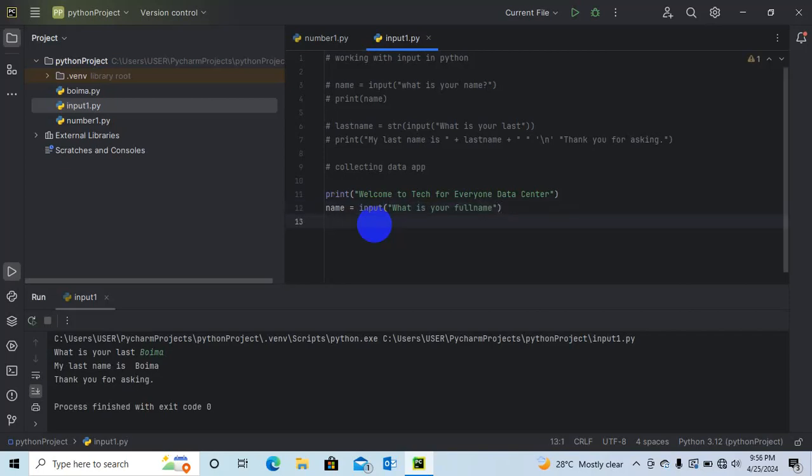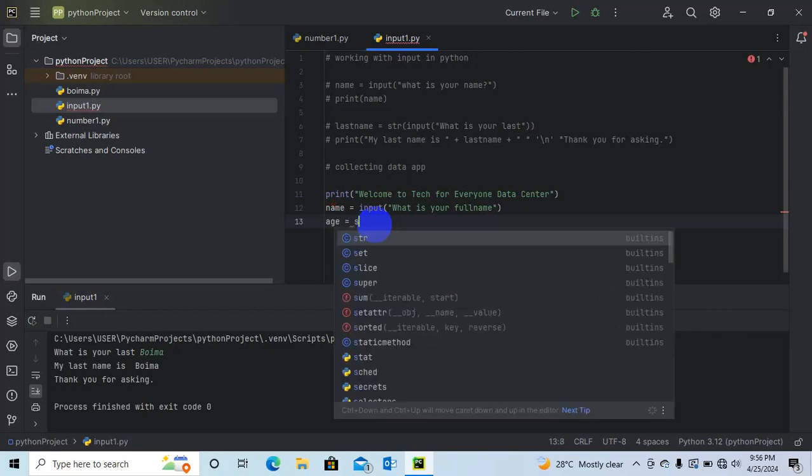Then we'll also ask the question, how old are you? So we'll say age is equal to. Now, before we continue, remember we want to do concatenation. Age is an integer, so by right we need to convert that integer, that number, into a string.